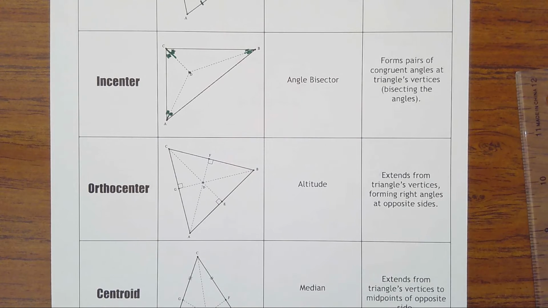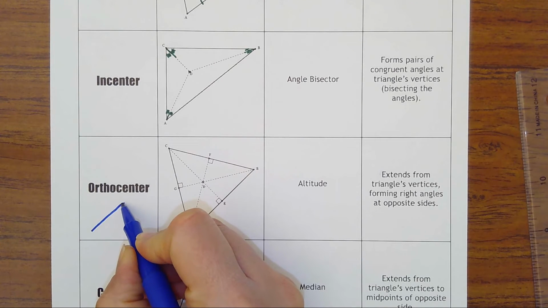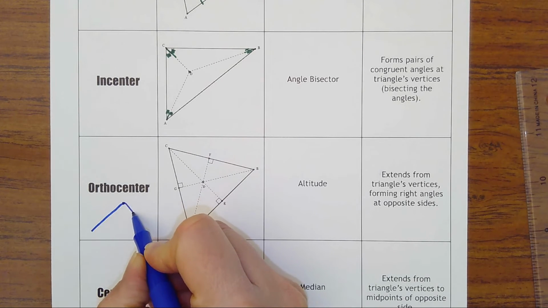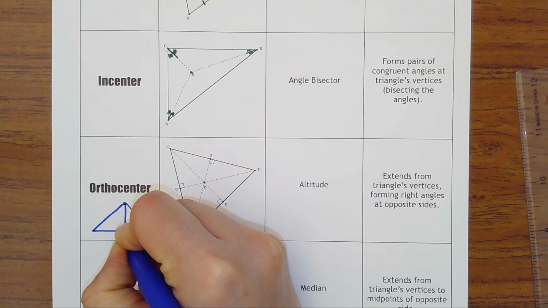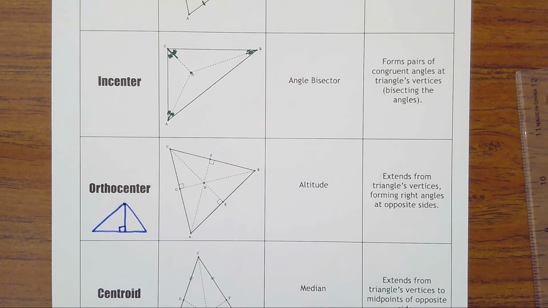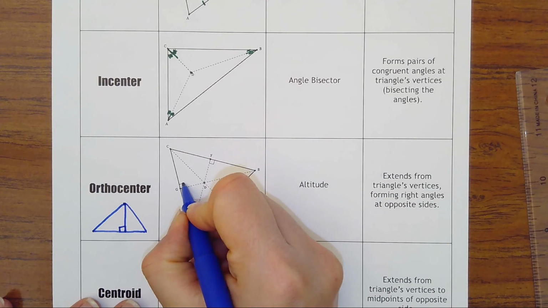And the next one is orthocenter. The orthocenter is formed by the altitude. So if you think of the altitude like you're climbing a mountain, the altitude is from the peak of the mountain down, so it's going to make a 90 with the ground. So what you'll see are 90s